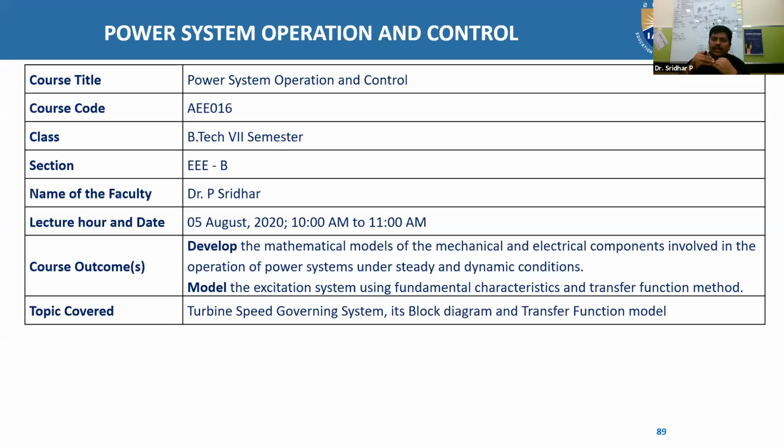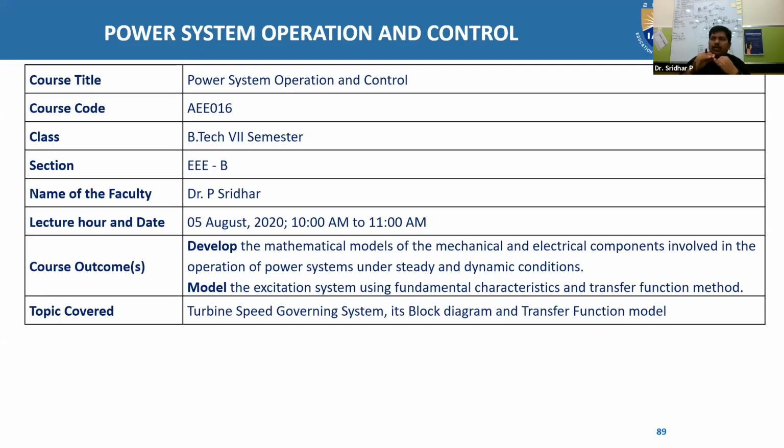So the excitation control loop is fast acting, and the load frequency control loop is slow acting, because in the load frequency control loop there are many mechanical devices that have to act based on the electrical inputs. So that type of electrical to mechanical conversion must be there in the load frequency control loop. Because of this, the load frequency control loop is slow acting as compared to the excitation loop.